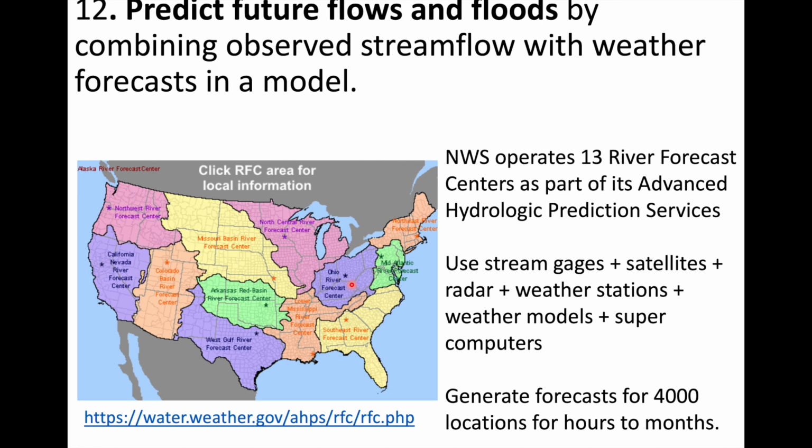Every day, these river forecasters are generating forecasts for 4,000 locations throughout the United States, and they're doing them on timescales of hours to months. And then when flooding is predicted, the National Weather Service can issue a flood watch or a flood warning. They can be in communication with emergency managers. They can say, hey, Grand Forks, better step up the sandbagging because it looks like the Red River is going to